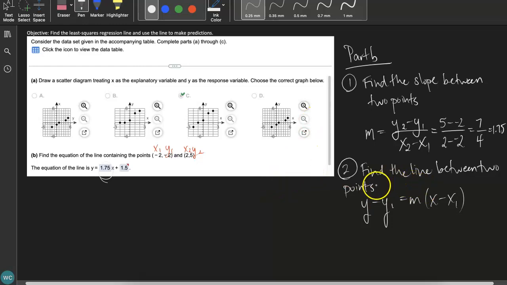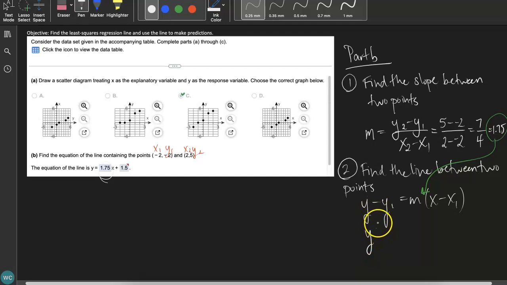In the next piece, now the next step rather, is to find the line between the 2 points. So we now have slope. This slope is now going to go here in this equation. And notice that this equation for a line also refers back to one of the 2 points. Now we're going to use x sub 1, y sub 1, and I've already labeled x sub 1, y sub 1 both as negative 2. But technically I could have used the second point. Just in the future, if you look at it and say, I want to use something a little bit easier